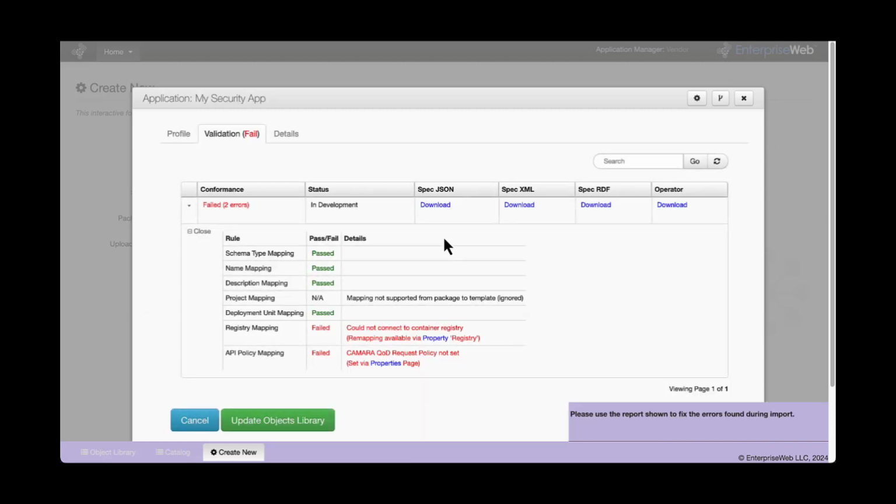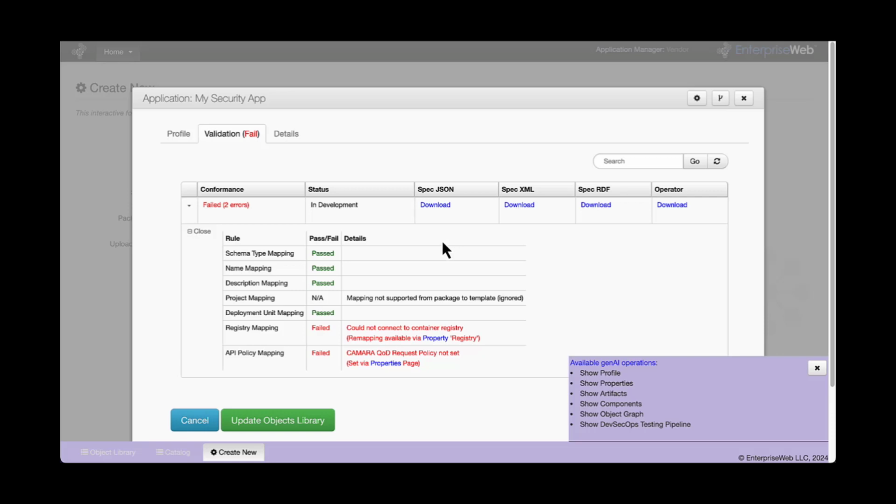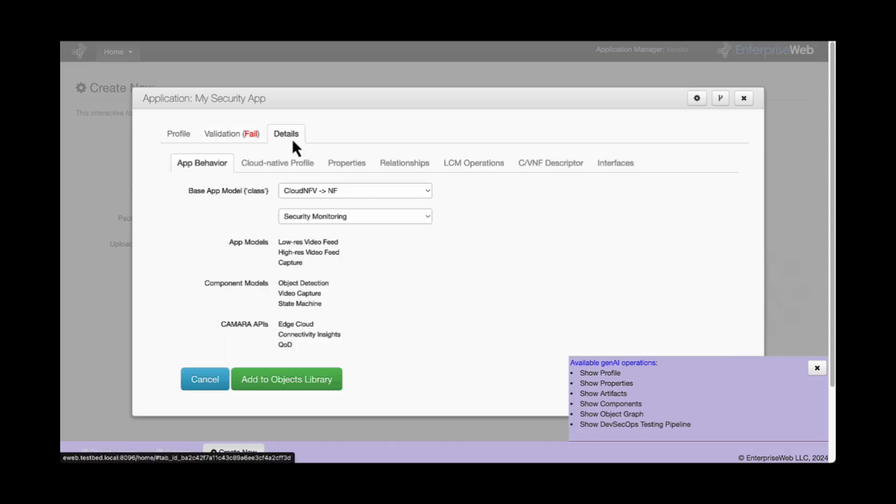Please use the report shown to fix the errors found during import. So the platform's already mapped my application into the model that you're seeing here, and it's actually at this point driving me to finish validating that object. There's a couple of missing items that it's telling me about, and it will take me directly to where I can fix those. Just to note though, the system did map all the properties and generate all the interfaces needed